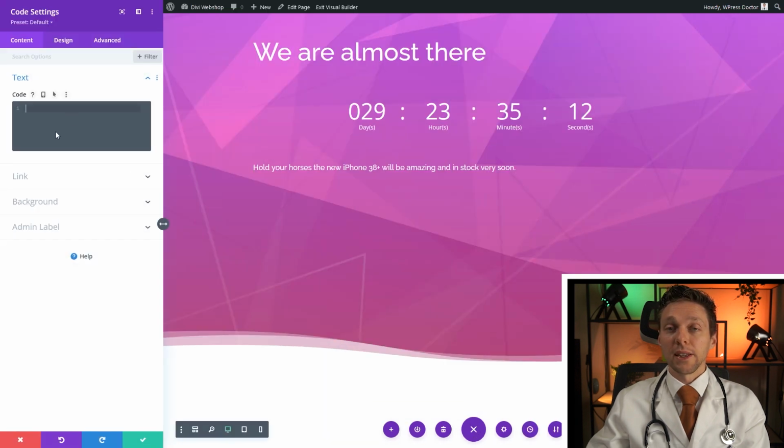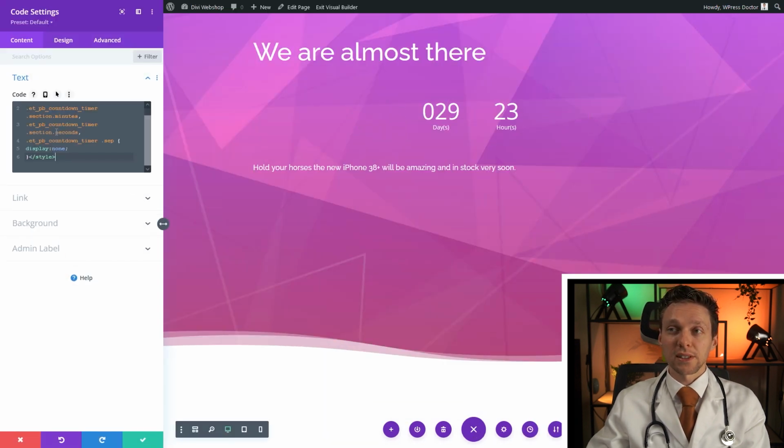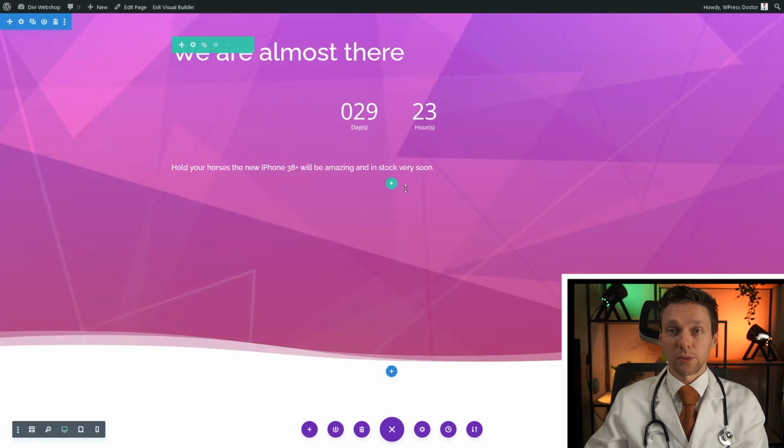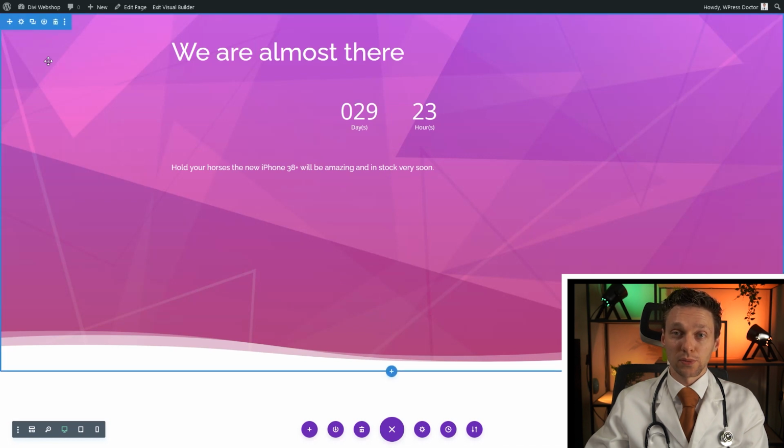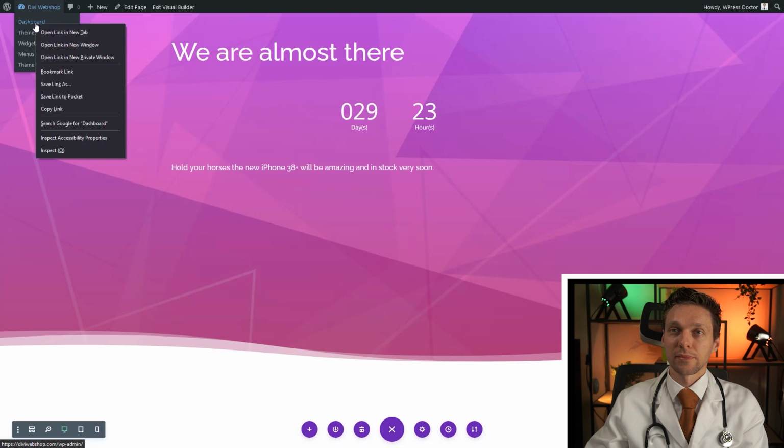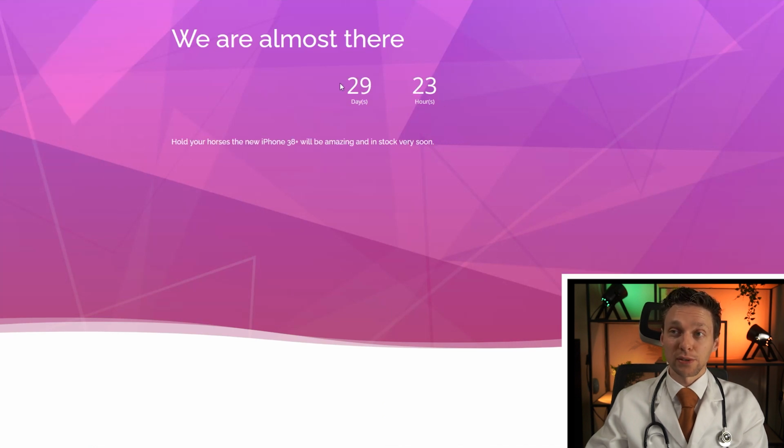Press this one. And in the code module, you just paste in the code that you can find also in a zip file called snippets.txt. Now we're just going to save this page. Now you can see that the 0 is still there, but hold on, because when we load it in a new incognito screen, you will now see that the 0 has been removed. All right, so it works, but it's a script and it's been loaded when your website loads.